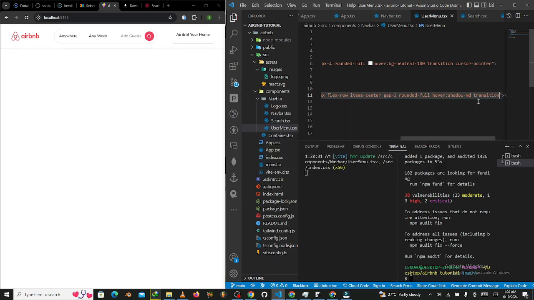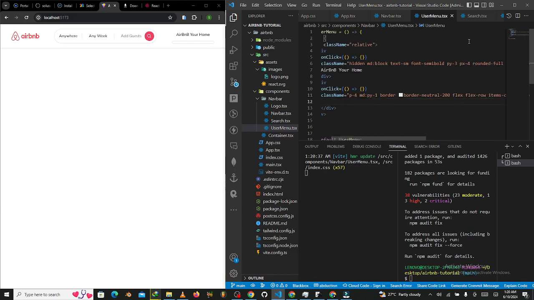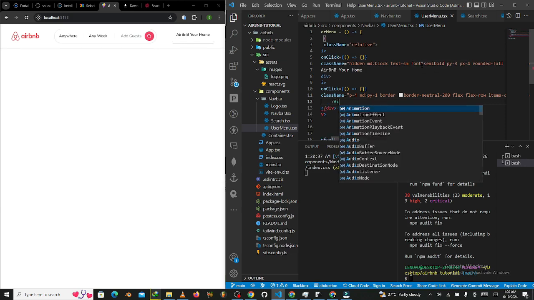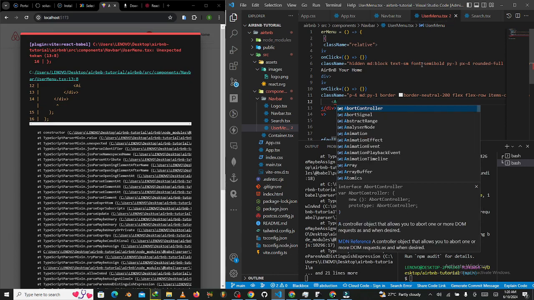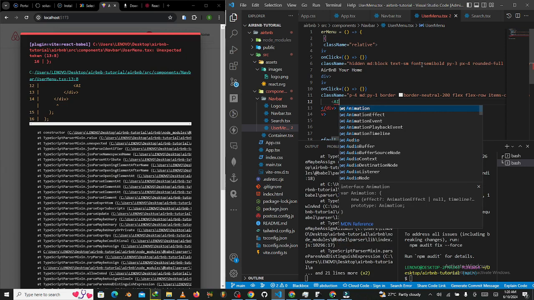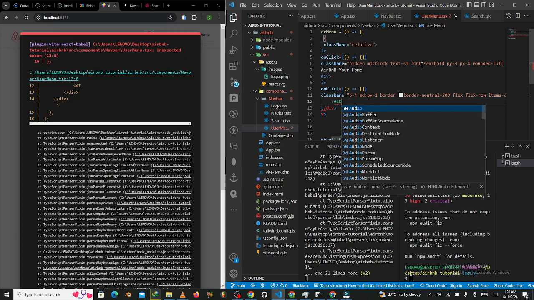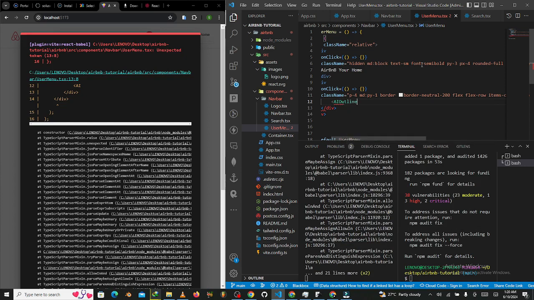Okay, this is awesome as well. Then inside here, you can pass in an AI outline. Okay, so we see AI outline, and that is basically going to be a React icon that we would have to import. So AI outline